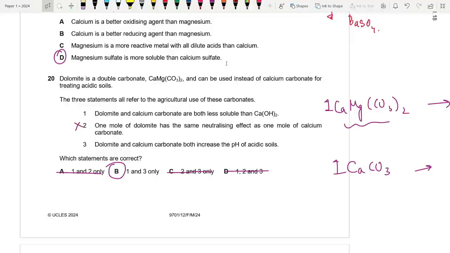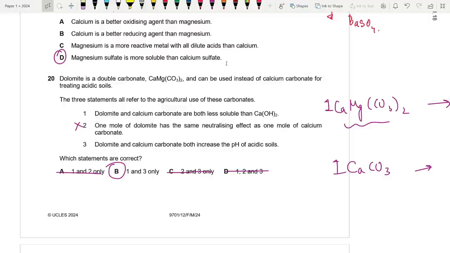soils. The three statements all refer to agricultural use of these carbonates. Dolomite and calcium carbonate are both less soluble than calcium hydroxide. Of course, if you think about solubility, carbonates are insoluble except group 1 and ammonium carbonates. But calcium hydroxide is relatively soluble. It's a sparingly soluble salt, because the solubility of group 2 hydroxides increases down the group, yeah. But carbonates are insoluble except group 1 and ammonium. So 1 is correct. Number 2, 1 mole of dolomite has the same neutralizing effect as 1 mole of calcium